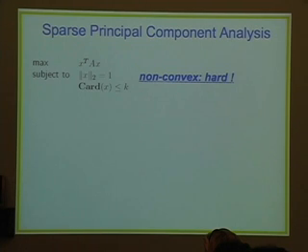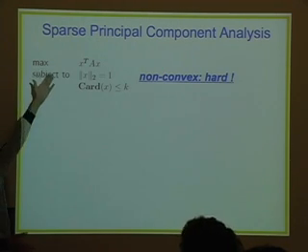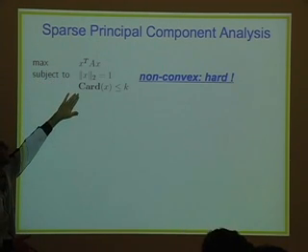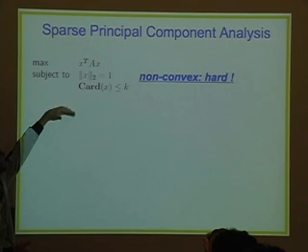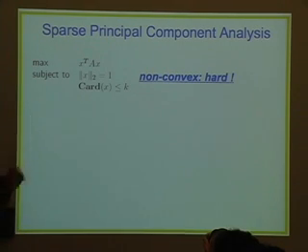Now, without going into any mathematical details again here, the challenge is, if we ever even want to see how the explained variance goes down when we constrain the cardinality here, if we even ever want to investigate this, we have to be able to solve this problem. So how can we find a solution for this problem?